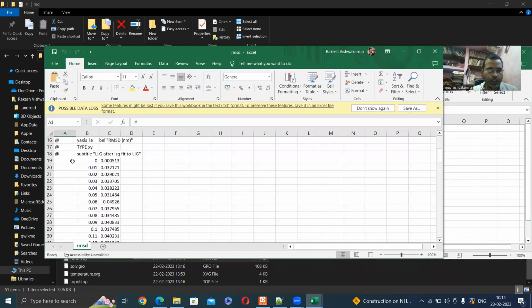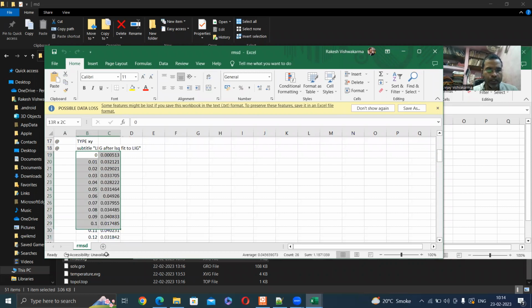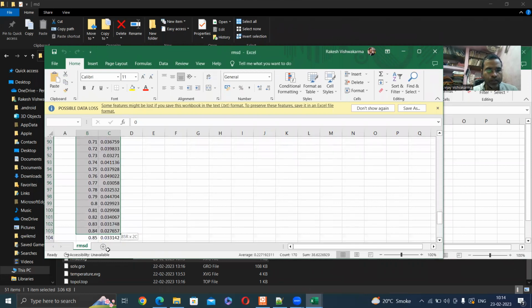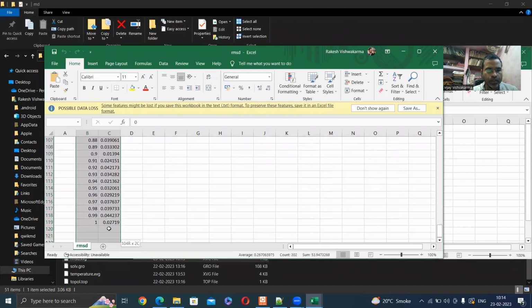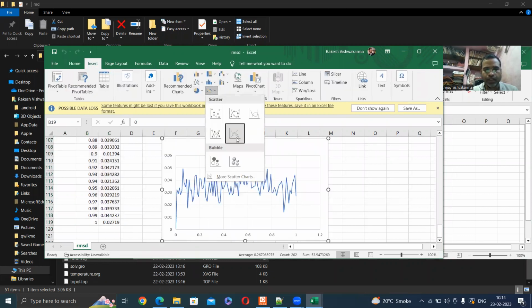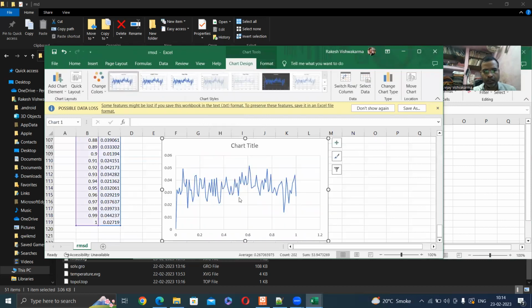So these are the two parameters, RMSD points. Okay, this is only for 1 ns. Now go to insert and charts and scatter. Now this is the RMSD, and the average RMSD value lies in the range of approximately 0.03 nanometers. So as per the system and